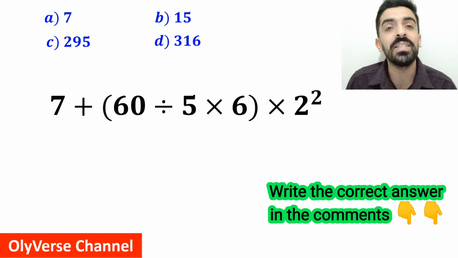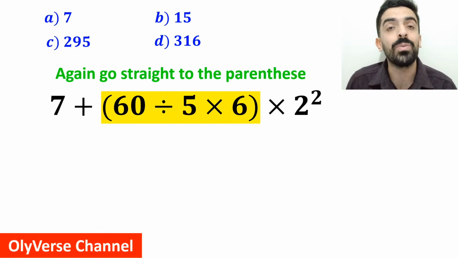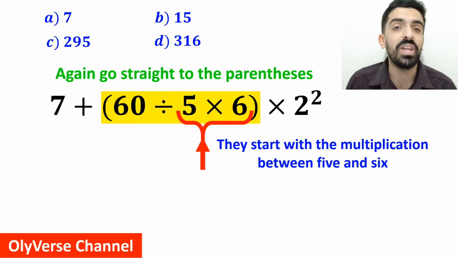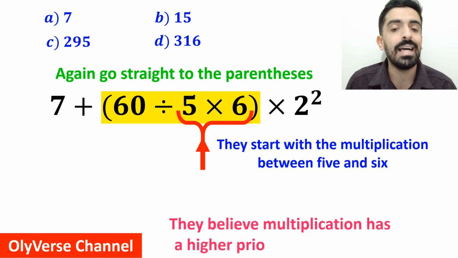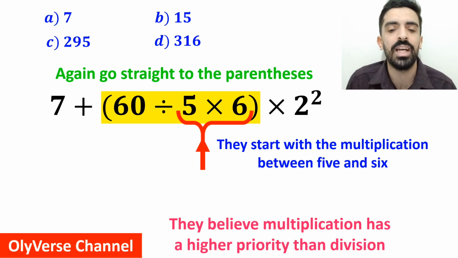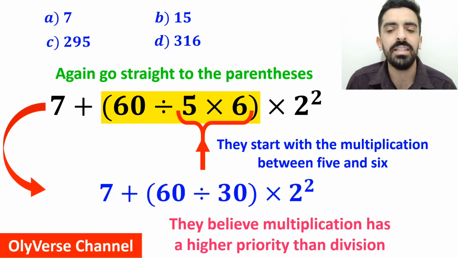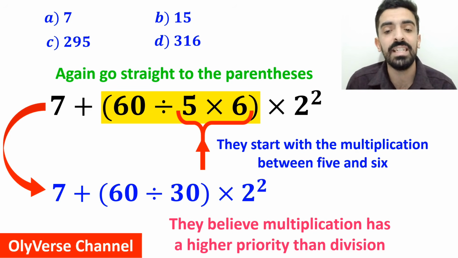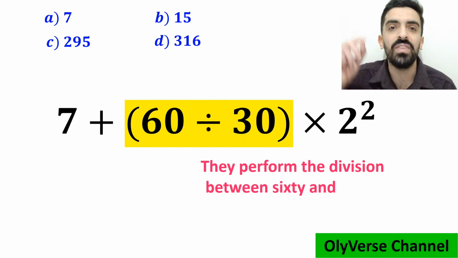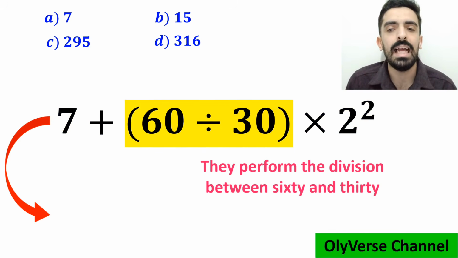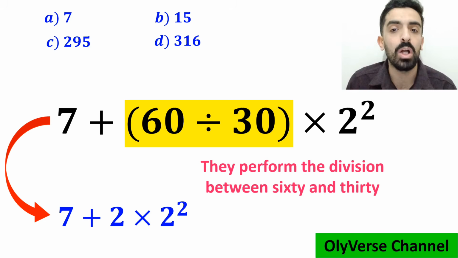Also, some other people when solving this question again go straight to the parentheses, but this time they stop with the multiplication between 5 and 6 because they believe multiplication has a higher priority than division. So, they rewrite this equation as 7 plus 60 divided by 30 inside the parentheses, then multiplied by 2 squared. And the next step, they perform the division between 60 and 30 and simplify this equation to 7 plus 2